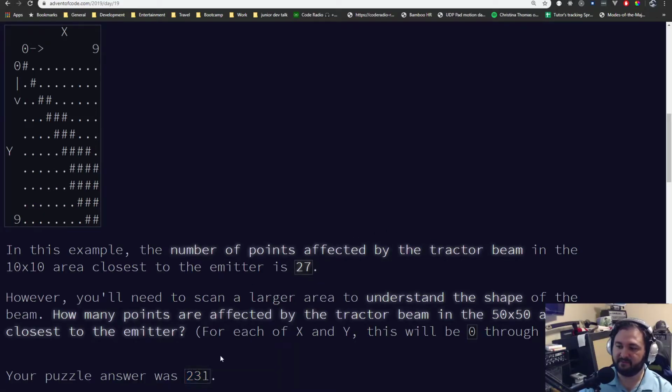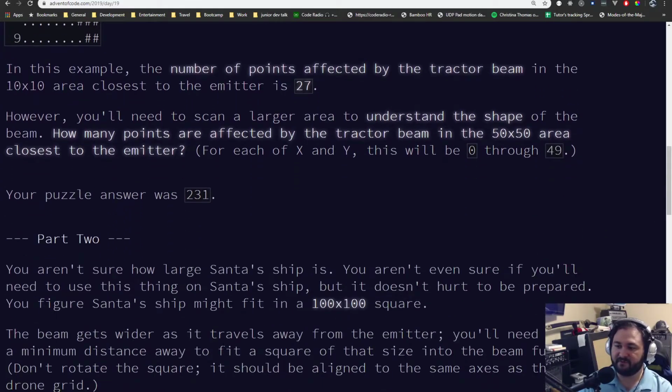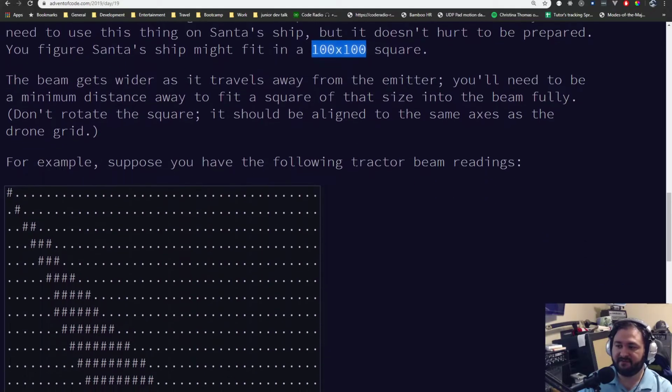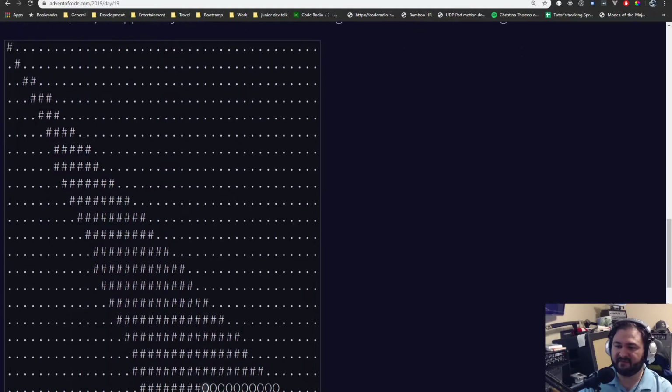There's that 231. But for part 2, I got tripped up. So here's what happened. They say you're going to use this tractor beam to get Santa or something. And so his ship, you're guessing, is 100 by 100 in size. And they say that the beam has this conical shape. It's not a perfect cone,